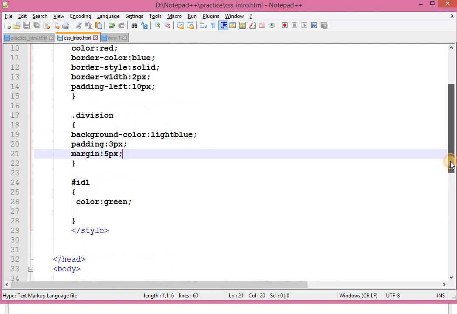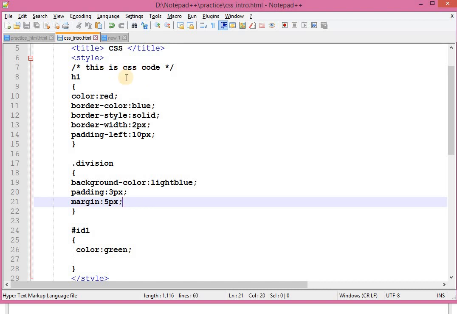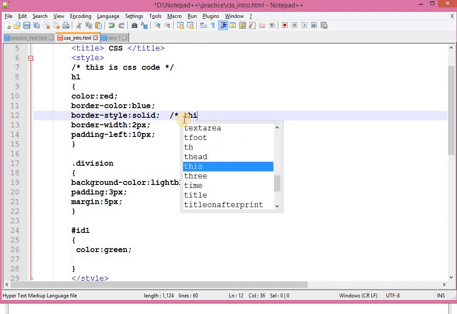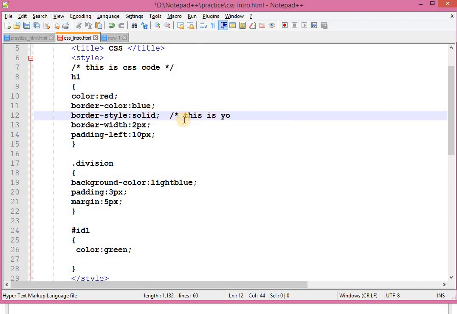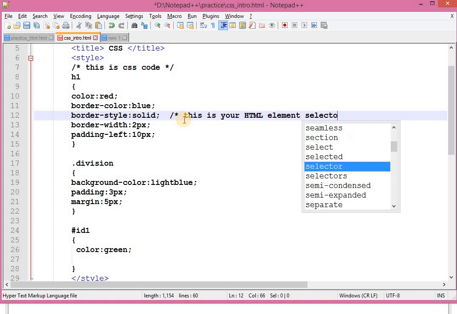Okay, let me show you another thing. Comment this section. Okay, over here, this is your HTML element selector.